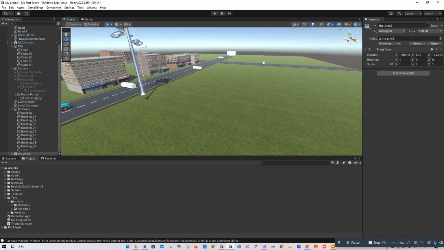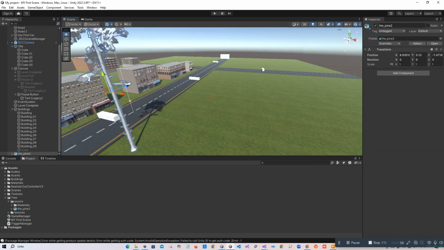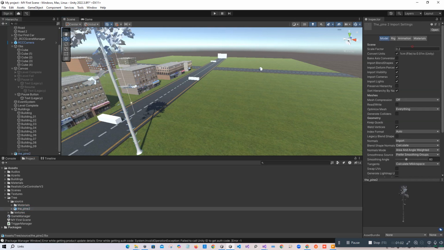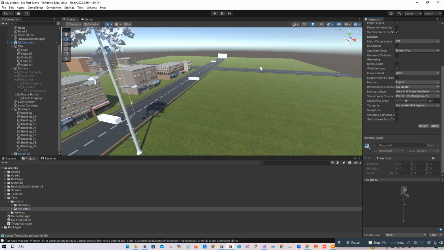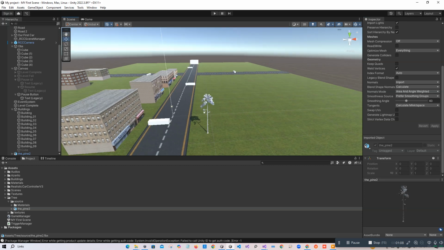It is actually a big one actually. Now we're going to use it a little bit smaller than its own size. Let's just go for 0.1. Apply. Now it's good. Yeah, let's just change the color of the